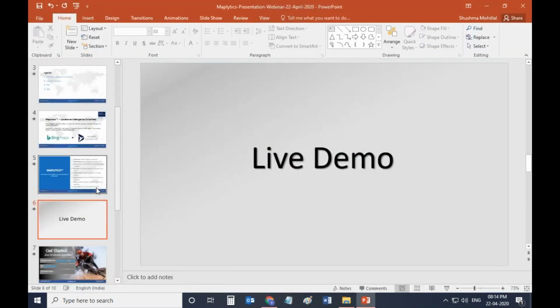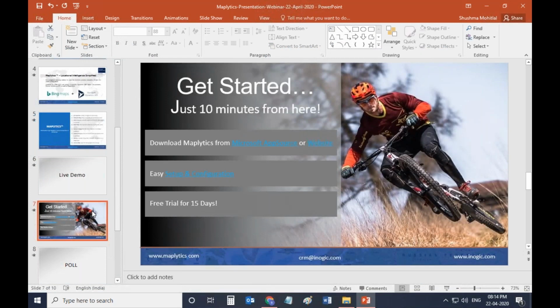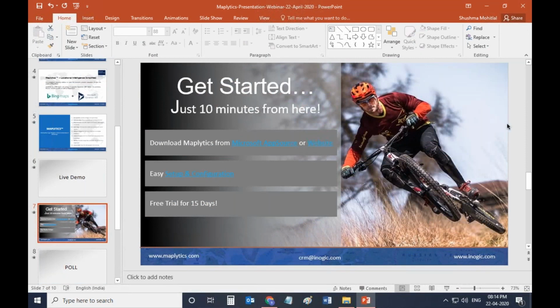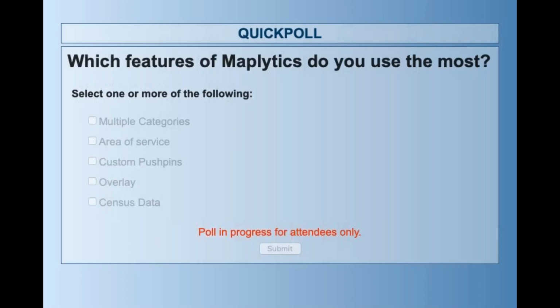So let me just go for the poll. We have added a poll as well. Here, let me just launch the poll. Within this poll, you have the option to select the features that you'll be using the most, or if you're already a user, you can select the features that you already use the most. So please enter your votes.